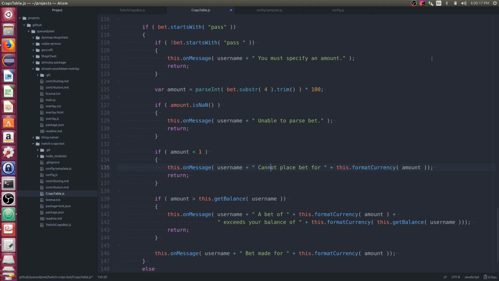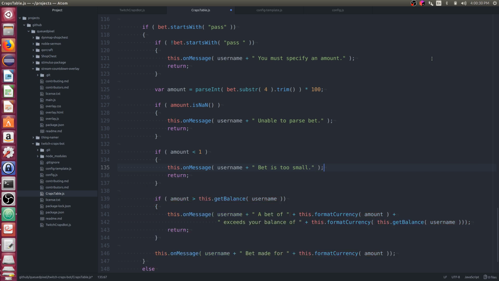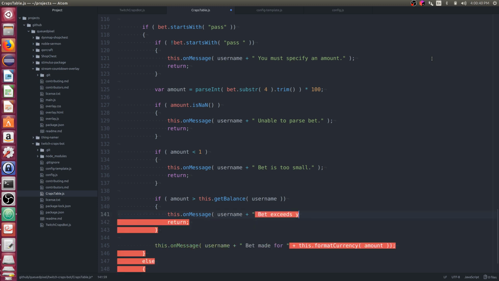I cannot place bet for amount. We can make this more generic. Could say, bet is too small. We could say bet exceeds your balance.